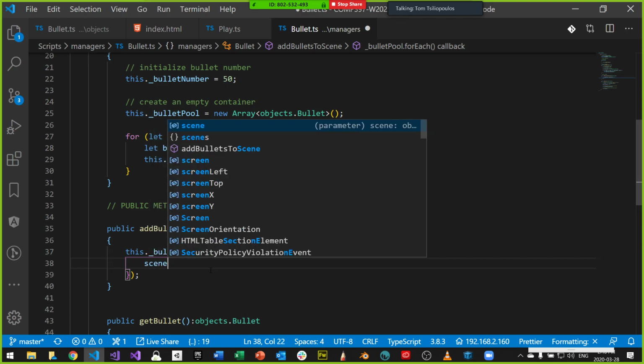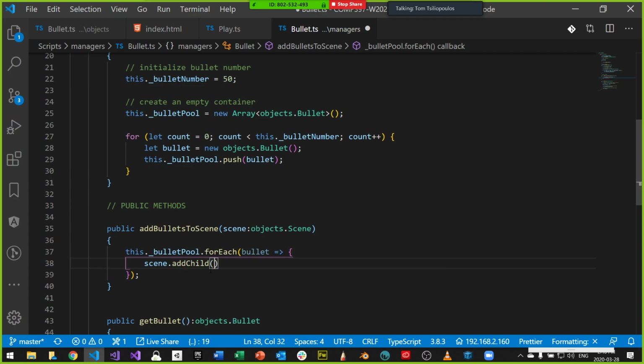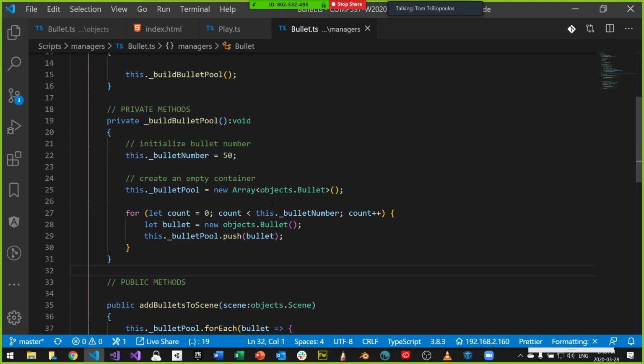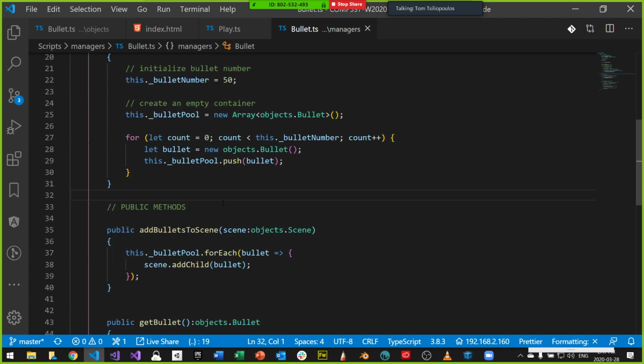So I'm going to say scene.addChild(bullet). Whatever the scene is, I want to add those bullets, all the bullets, the whole bullet pool. And I'm separating this from instantiation because where I instantiate and where I add them could be different, which I'll show you later.